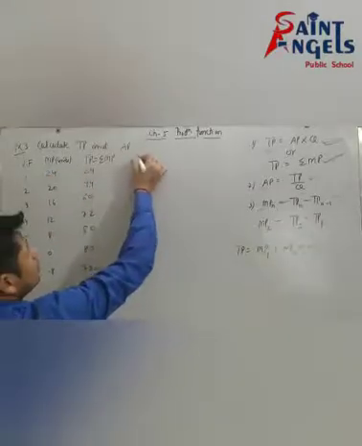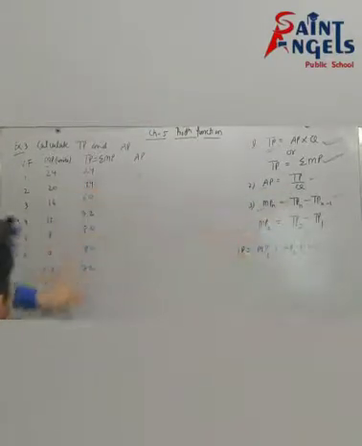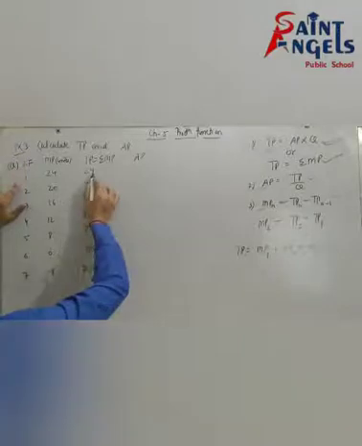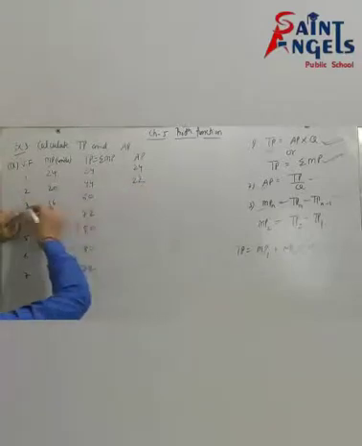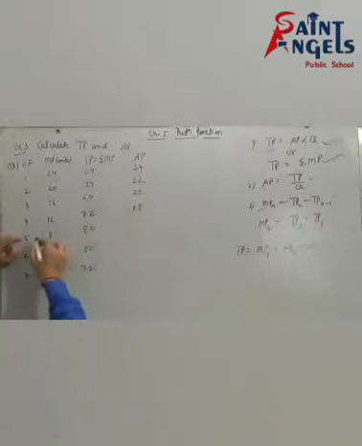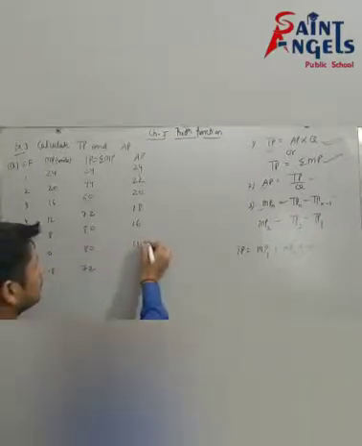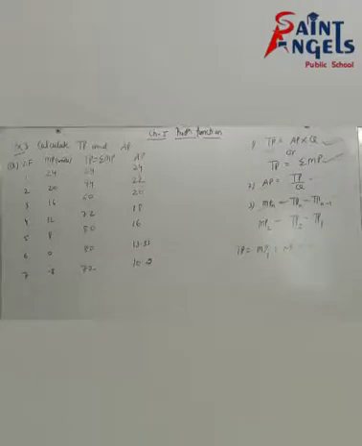Now after this, value of AP. See, what is the formula of AP? TP divided by Q. TP is here and Q is here, because you know that Q represents variable factor. Now 24 divided by 1 means 24, 22, 20, 18, 16, 13.33, and 10.2. So this is the value of AP.